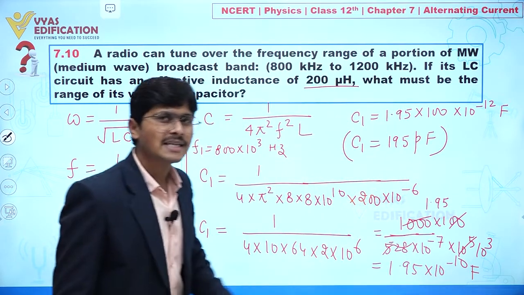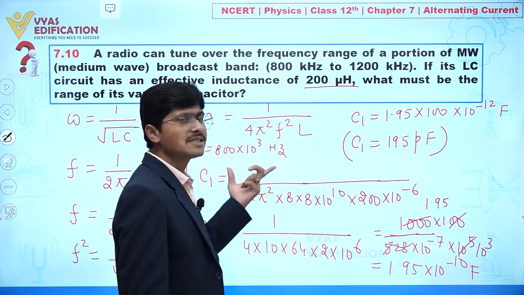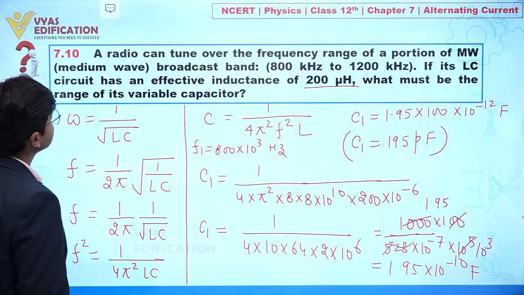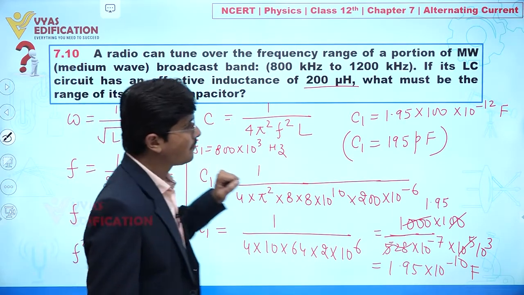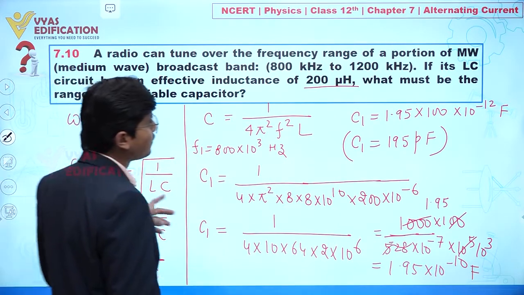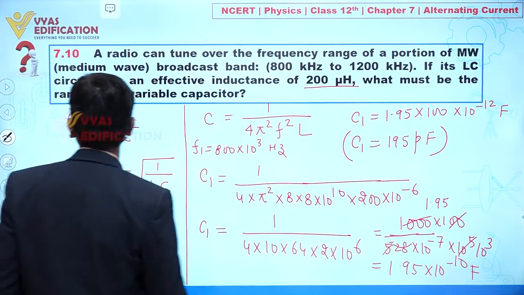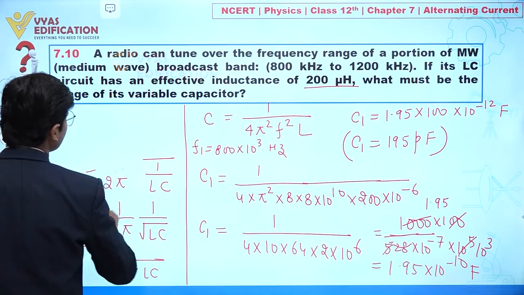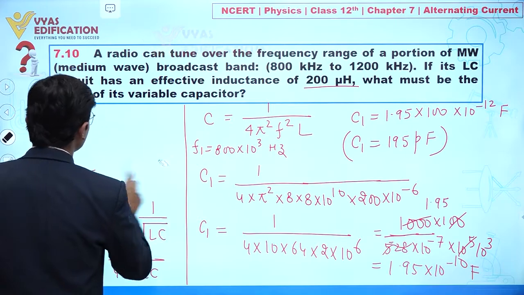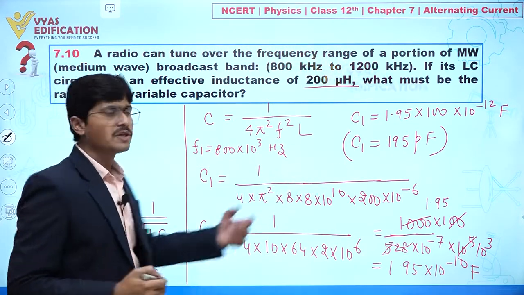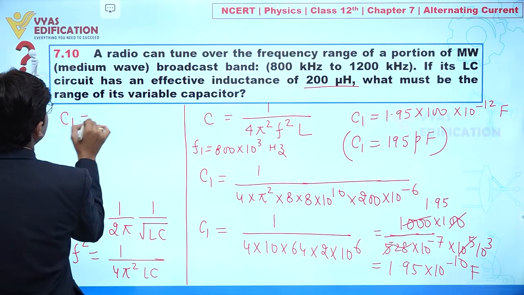So we are getting this value of capacitance for this frequency range. Clear? Now we can say, can we calculate the same for the next one? Yes, I am writing this value first here, so that we can say what about the capacitance range. Value of C1 is equal to 195